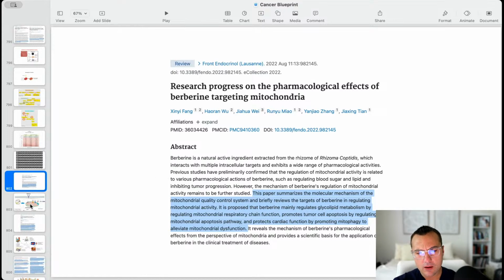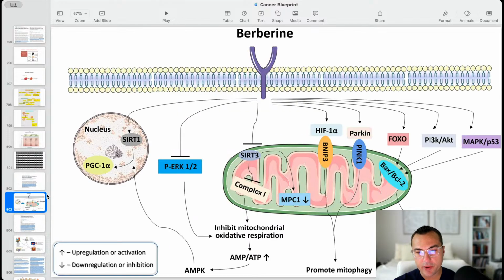Although I would love to talk about only glucose today and how it affects our success with metabolic therapy, when I saw this paper, I had to pull it because it had a great graphic, and it's talking about mitochondria, which is a big part of the problem when it comes to cancer and a lot of other diseases as well. So berberine,